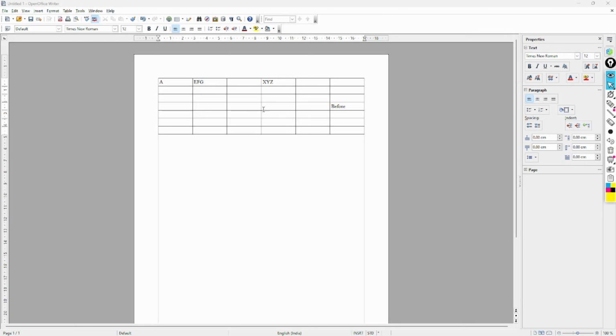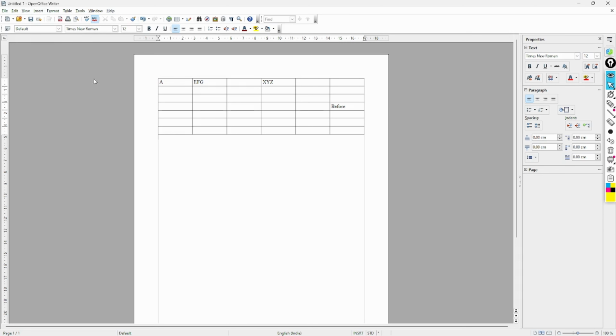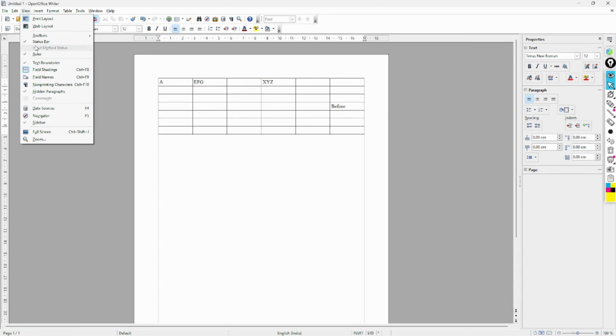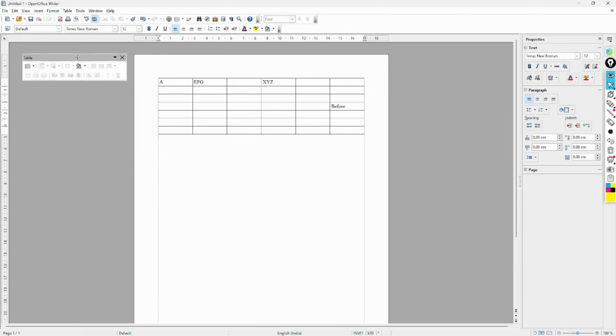Understood? Now let's see what we saw in this video: editing, then afterwards inserting a column, inserting a row. Now we will see the second way of doing the same insertion. How can we do it? We will go to Insert and we can see Table, but this is a long way. I will show you a short way. See, View, Toolbar and Table. This is called the table toolbar.